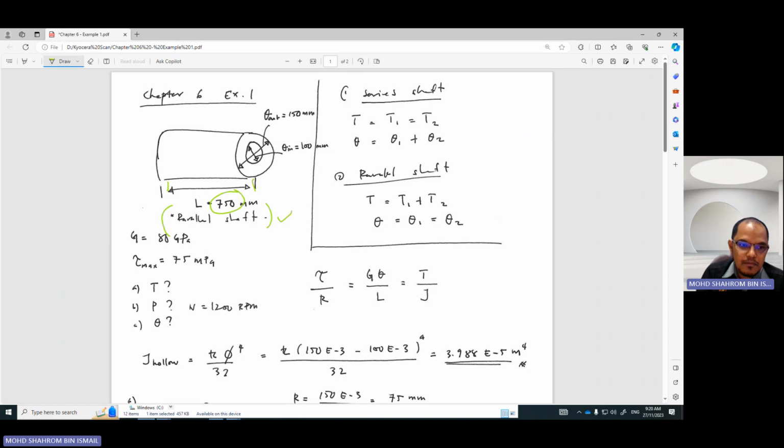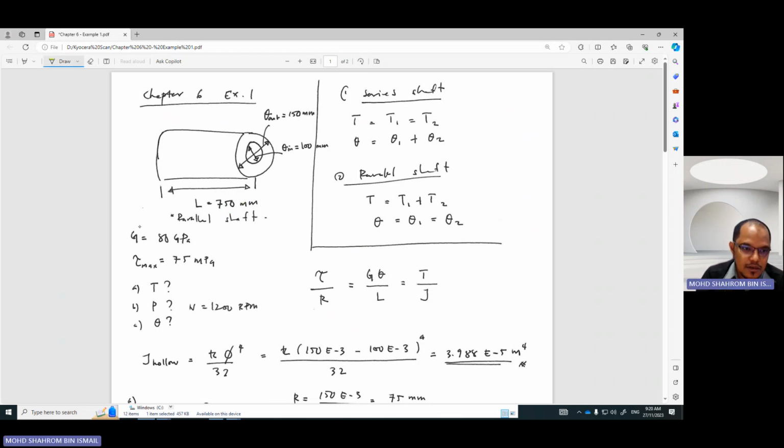It's a parallel shaft. Okay, and the shaft is been made up by what? Maybe a steel material, and it got a dimension of diameter out of 150 millimeter, and diameter in is 100 millimeter. Means the shaft is hollow. It got lubang, and dia ada lubang kat tengah. It's a hollow shaft. Alright. Therefore, based on all the information given, so we need to solve this kind of problem,